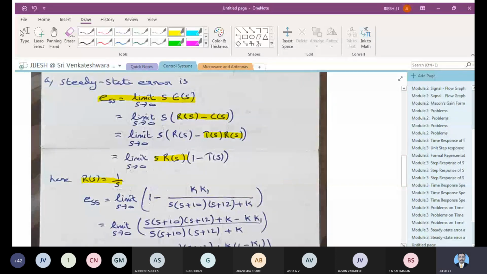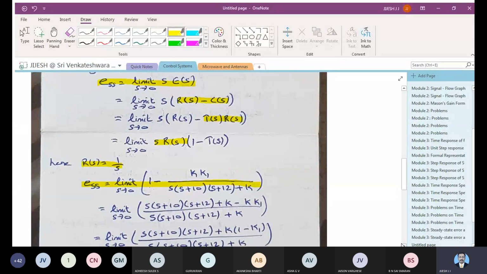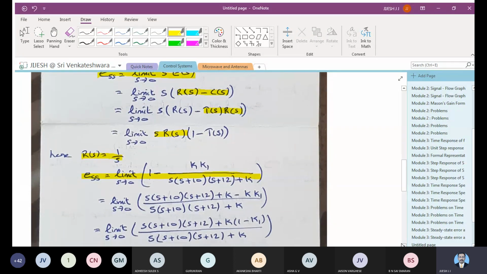So when you do that, you will take the common denominator and simplify it. All those things you do. It is here onwards only simplification, and you are all good with simplification. So what you will get, you will get k into k minus k1, you will get k. I have taken it common together here. So this is what you will get here.